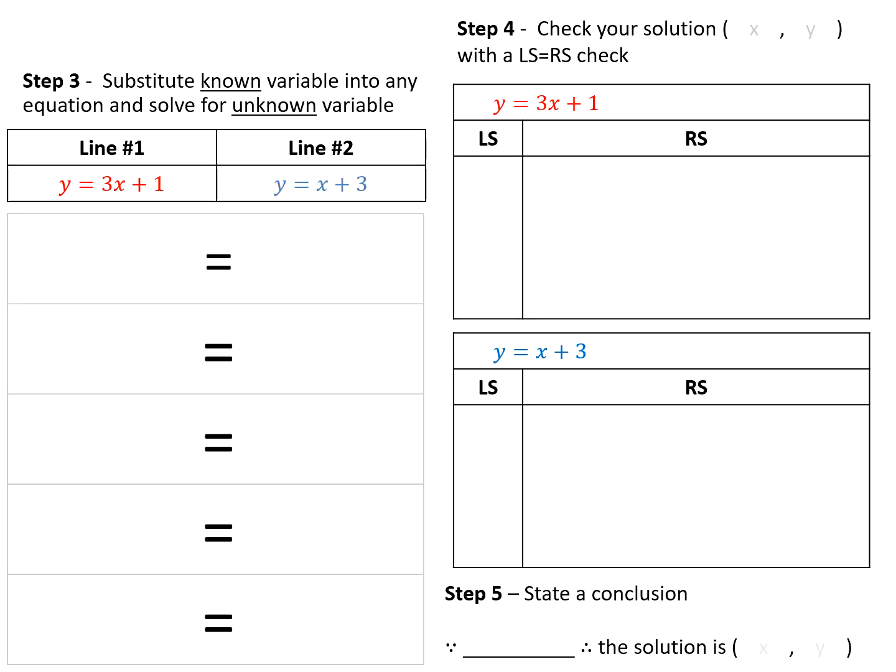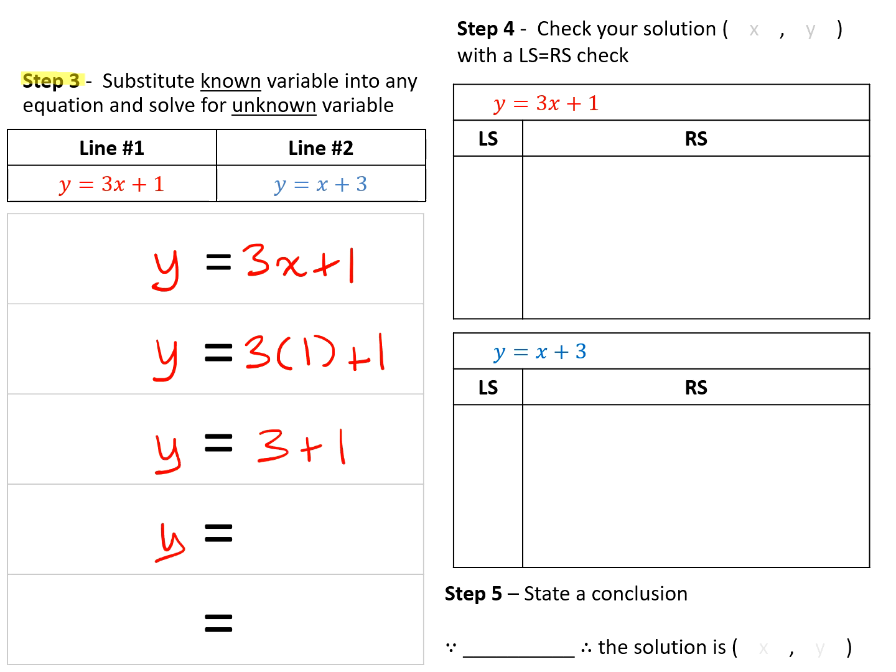In our next step, we want to substitute the known variable into any of the equations and solve for the unknown variable. What that means is we can choose any of these two equations. I'm going to start with the red equation, y equals 3x plus 1. In our previous step, we discovered that x was equal to 1, so I'm going to substitute that into this equation, and I'm going to simplify. 3 times 1 is 3, and then 3 plus 1 is just 4. At this point, we think our point of intersection is positive 1 and positive 4, but we need to check